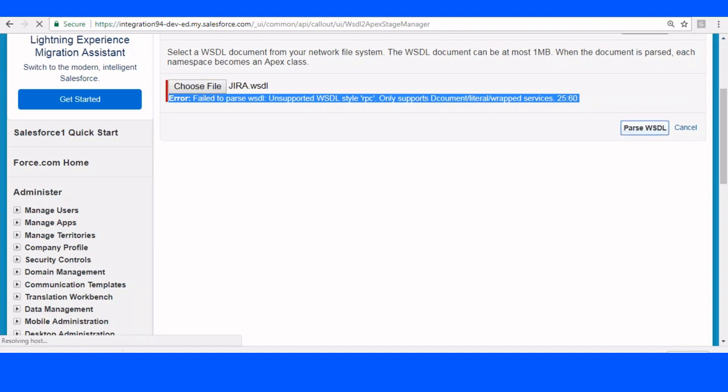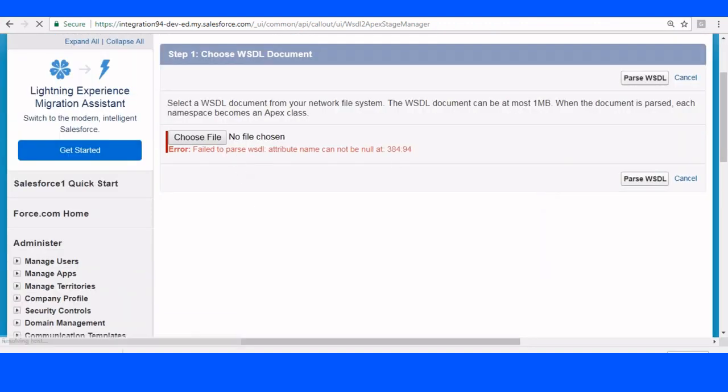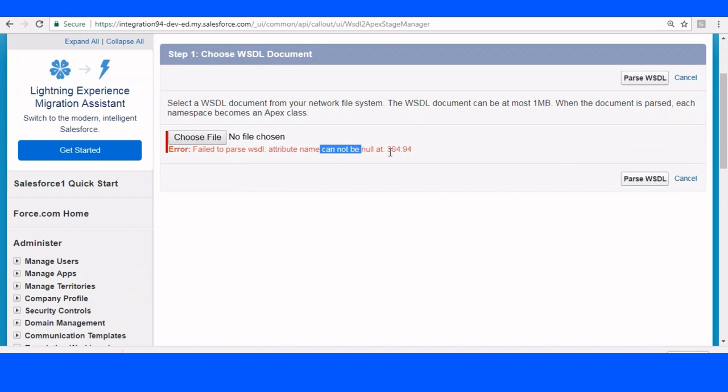Now, importing the schema is one of the biggest issues. Failed to parse the WSDL: name cannot be null. They have given attributes, but the name of the attribute is given as null. The attribute name is a must, but in this WSDL file, in the schema definition, the element has an attribute whose name is not defined in one of the areas, like